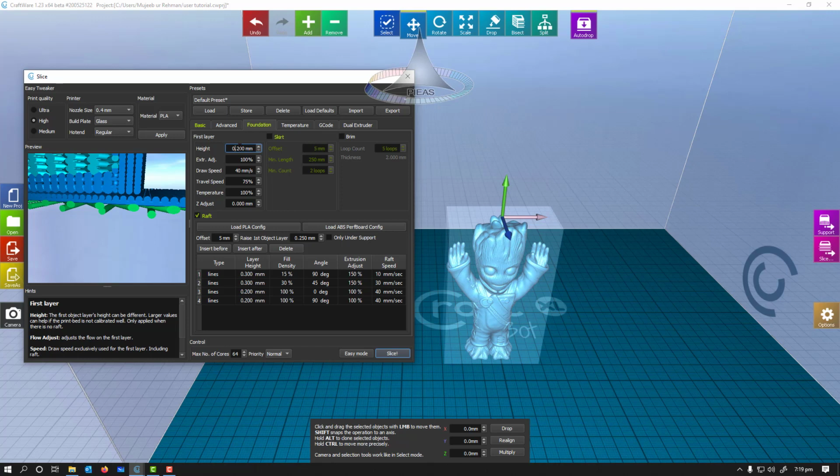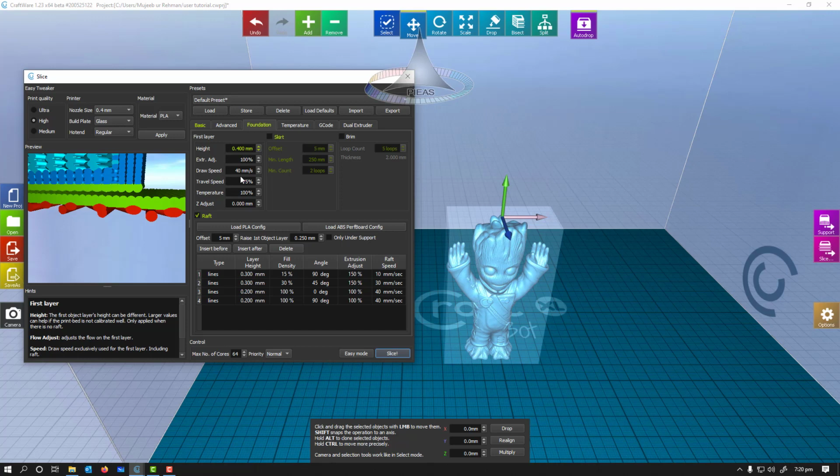You can reduce it for better adhesion. Next thing, extrusion adjustment: you can increase it if your part is not adhering properly to the bed. I'm going to keep it at 100% and this layer height at default. I'm going to load the default preset, 0.4.